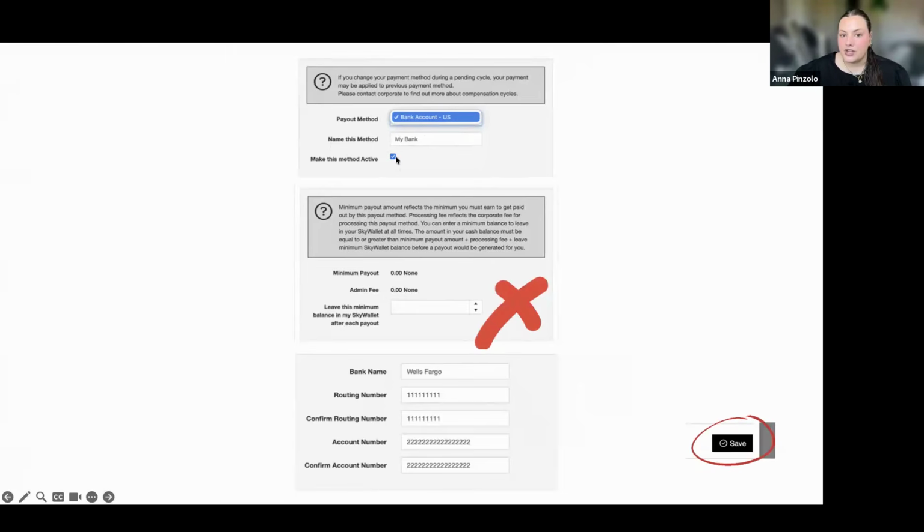And then of course, you're going to want to check to make it active. Now this section 2 here is what I was talking about with keeping cash in your SkyWallet. This is a feature that's a little bit more advanced. You can keep cash from your commissions in your SkyWallet to pay for things like orders, business supplies, even your